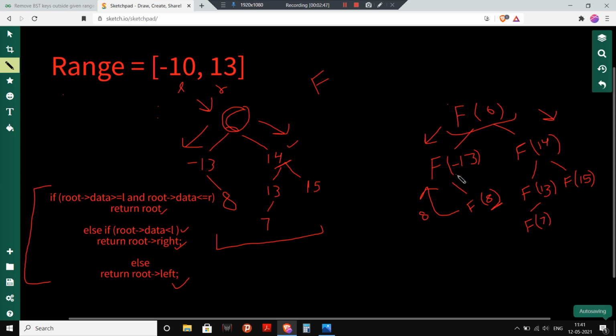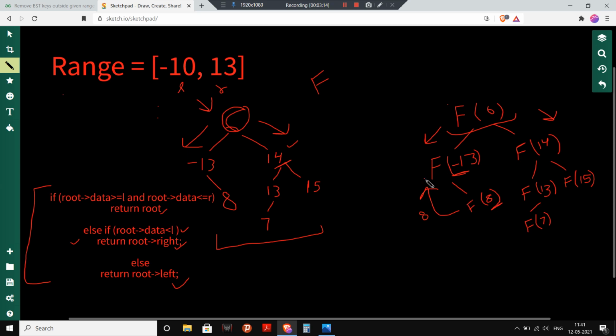Now I am at this position -13. I can clearly see that it is not in the range of -10, 13. This -13 is less than my L. This is a condition: if the root's data is less than L, then I have to return the root's right, which is 8.